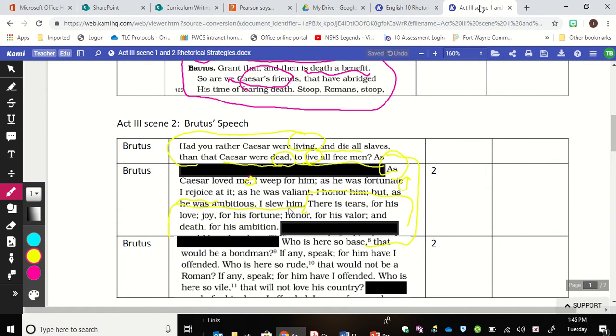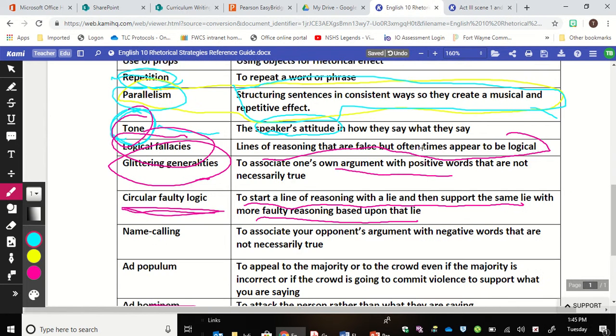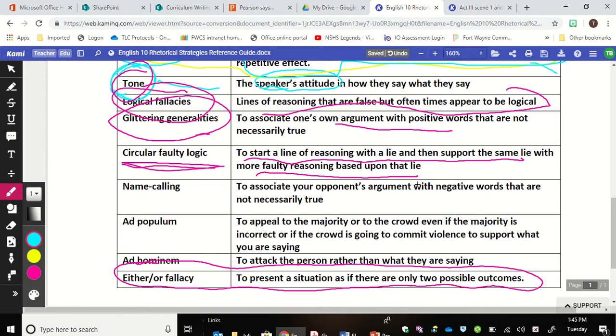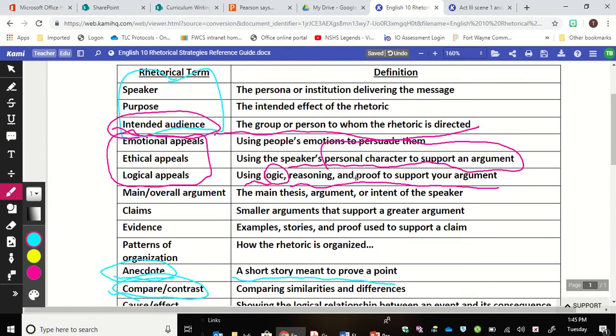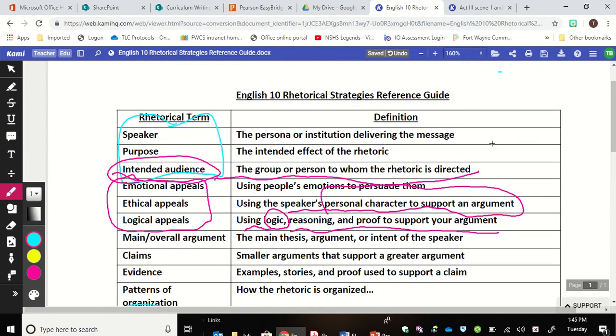So these are just some of the rhetorical strategies that are used in Julius Caesar, and they're things that you need to learn about because identifying them in Julius Caesar is kind of cool and important, and you're going to need to be able to do that for your performance-based task, especially when you write your parody of Mark Antony's speech to the plebeians. But at the same time, being able to detect this stuff in real life is just as important because you, at the end of the day, have to determine whether or not a speaker is credible or that you should or should not listen to the reasons and things that they're saying.